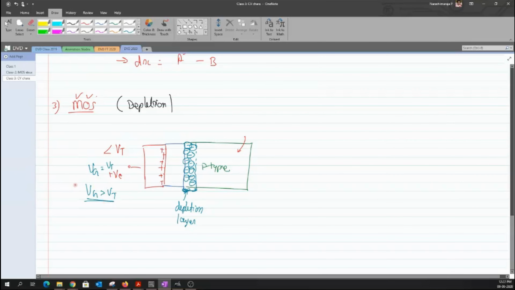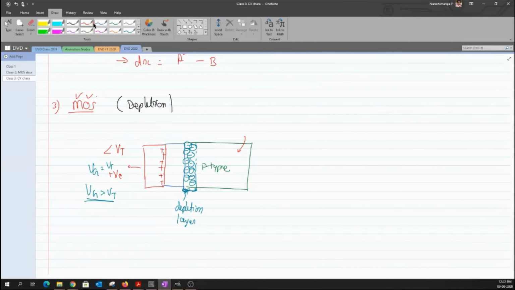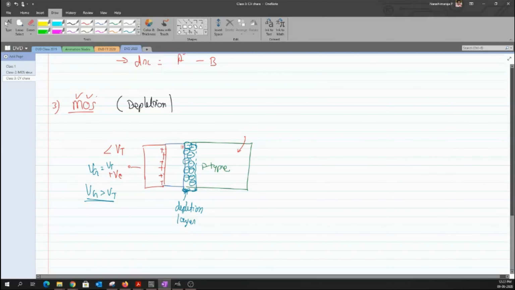at this condition, when the value of VG is greater than VT, we would have pulled some electrons into this interface. That appears right between the oxide and the depletion layer. So we have created a very thin layer of electrons, which are all due to the minority carriers. And these minority carriers have become more concentrated at this particular interface between the oxide and the depletion layer. I hope that you're all familiar with this topic.